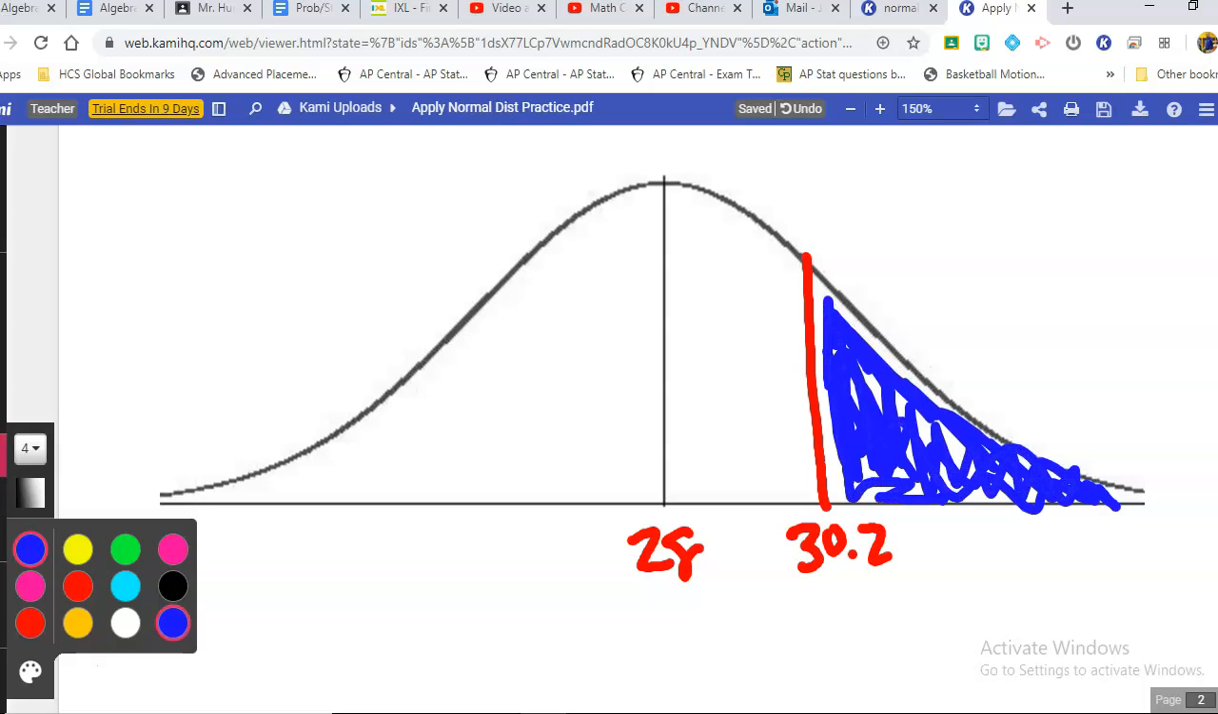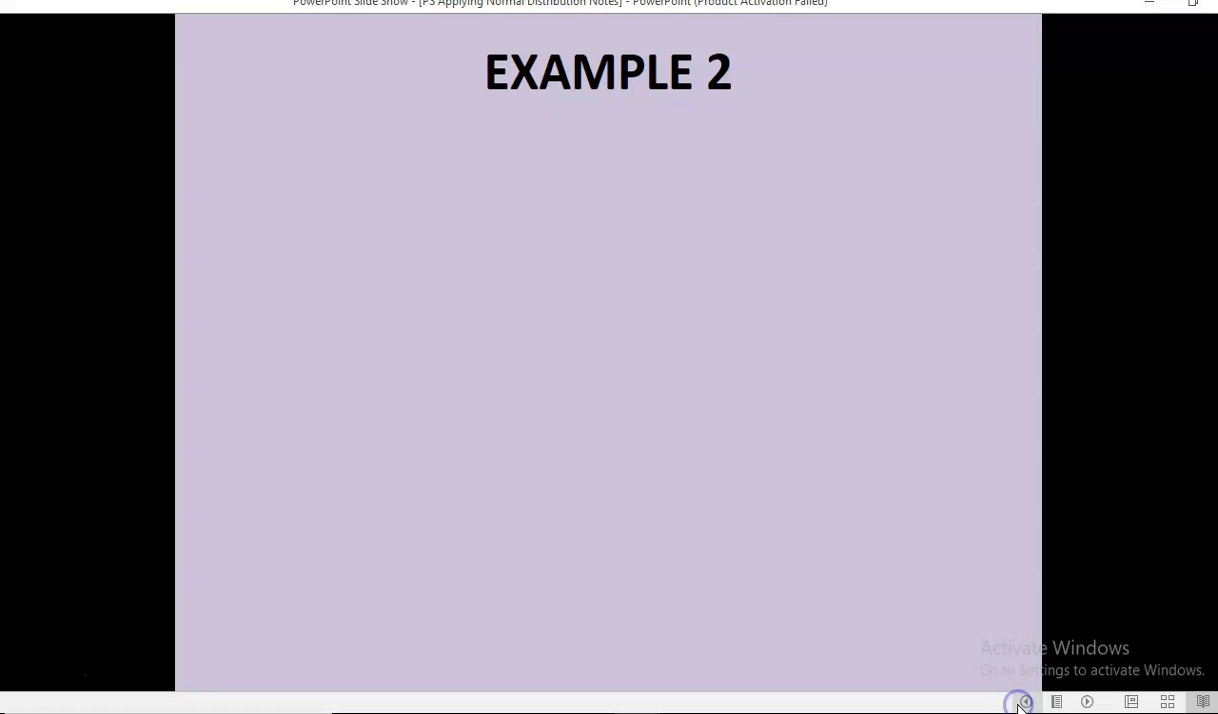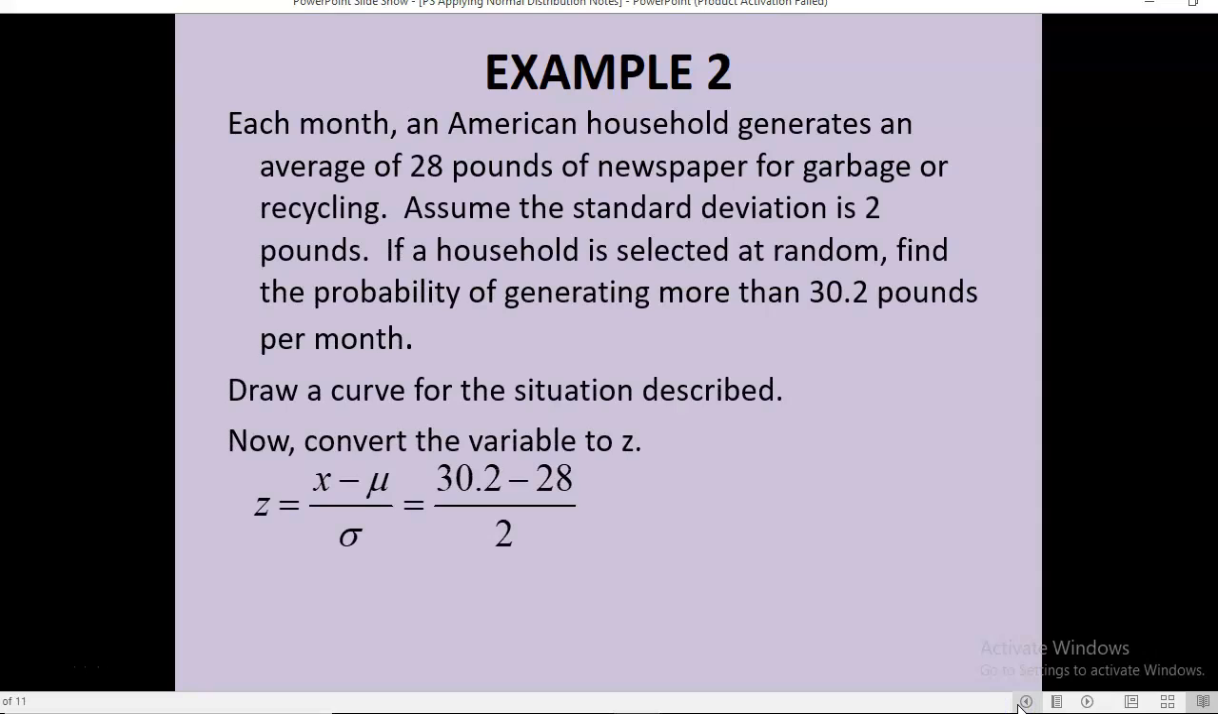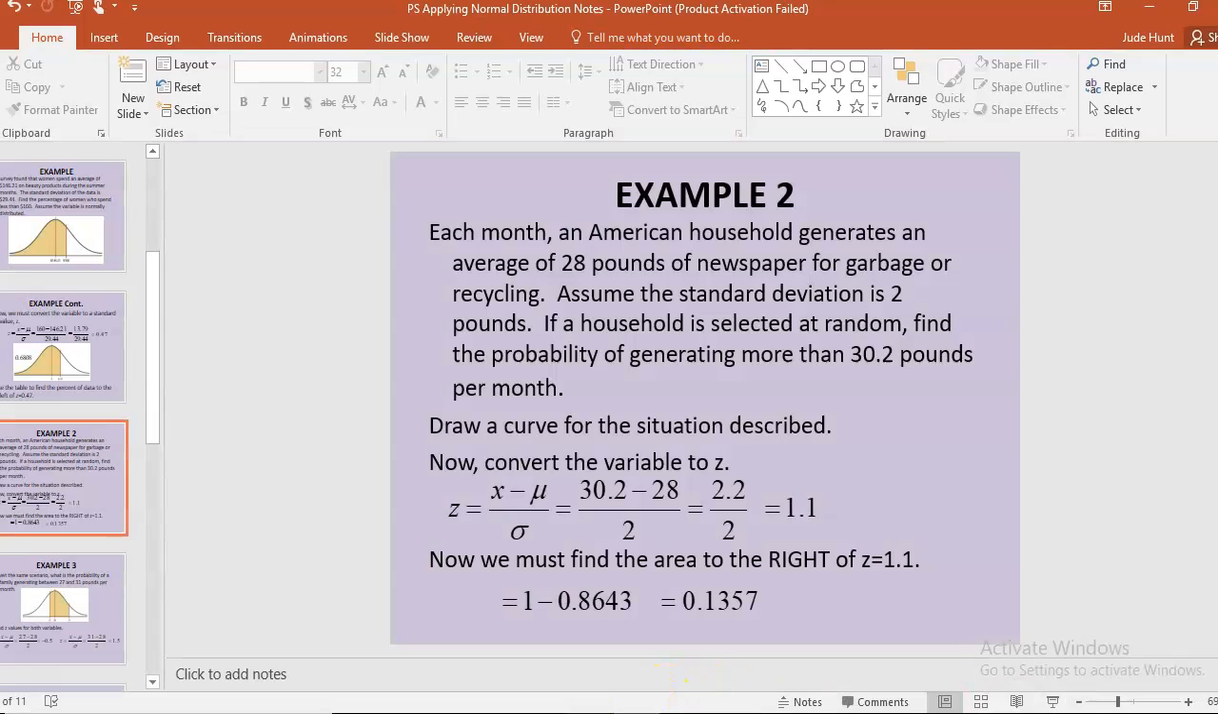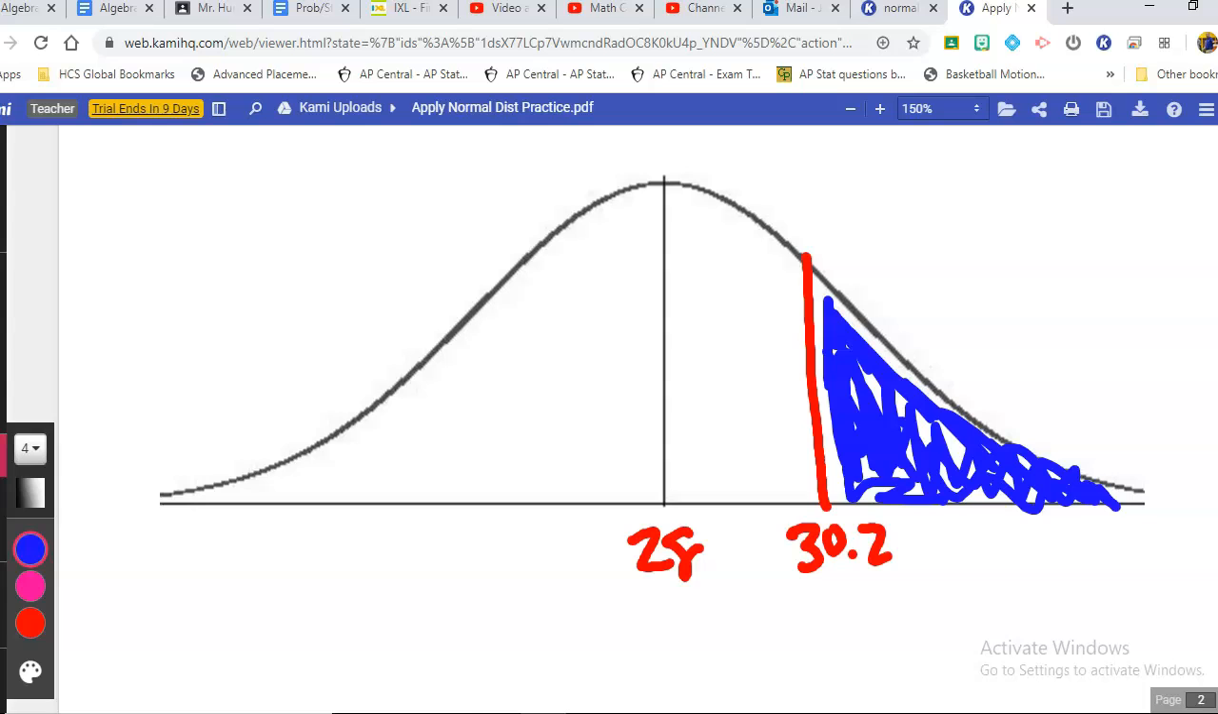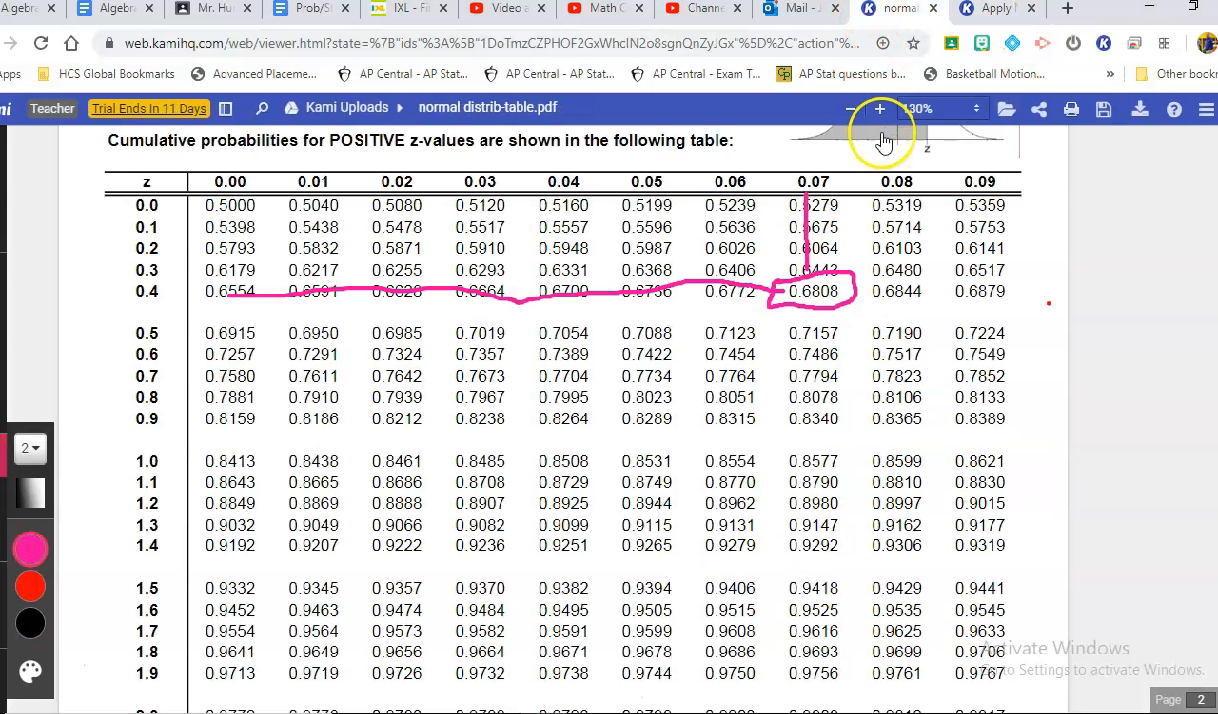So what we're going to do is look up our z-score. We're going to find our z-score first. And the z-score is going to be 30.2 minus 28, divided by 2. So that's 2.2 over 2, and that's going to be a z-score of 1.1. So we will go and look that up in the table. Again, I'm trying to jump between screens here. We have a z-score of 1.1, so 1.10, and that would be right here,